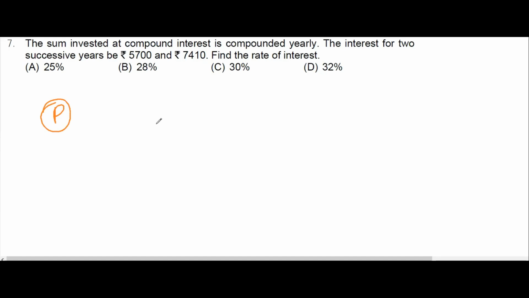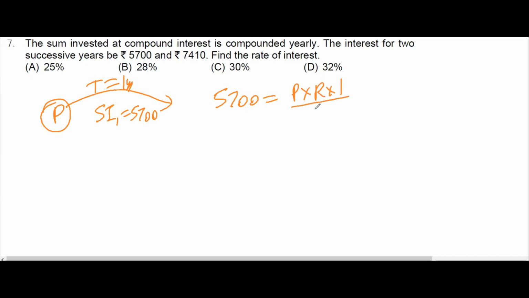So for the first year, I am going to find simple interest, that is 5700. I will apply the formula for the first year, that is 5700 is equal to PRT